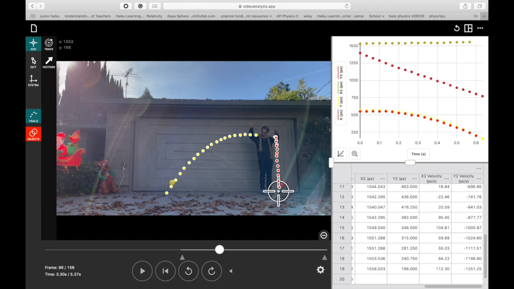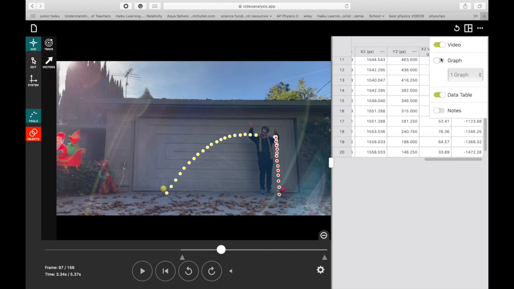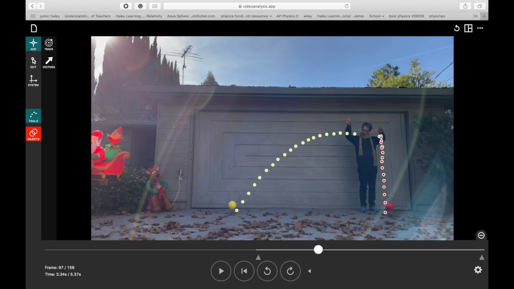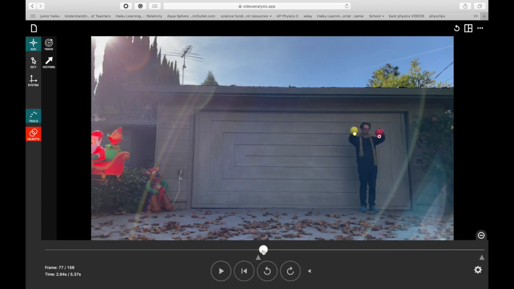Okay, and let's see here. All right, so I'm going to just get rid of my graphs here on the right so that those don't end up distracting us. I'm also going to get rid of my data table. And we just want to make sure that the trails are on. So let's just go through frame by frame and try to convince ourselves that our experiment mirrors what we saw in the video lecture. So does in fact